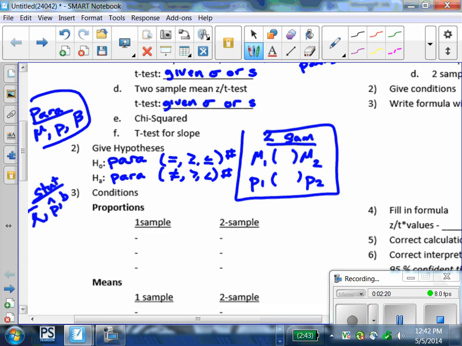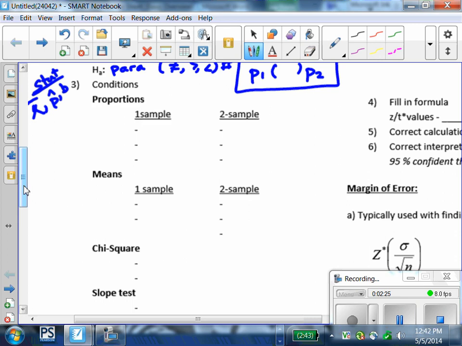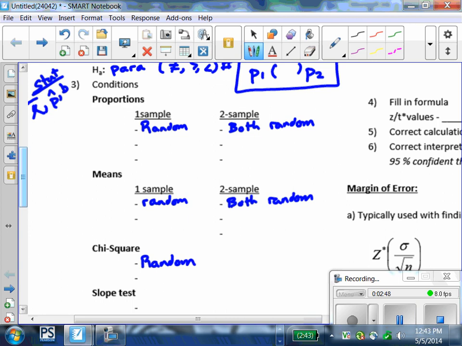Now, all the conditions. This is probably where most of us are shaky, so go ahead. All of these are random, very first. If it's a two sample, they're both random, right? Both random. Random for means. I'll just go ahead and put random for everything, right? Chi-squared, we want random, and you might just mention SRS. So for proportions,